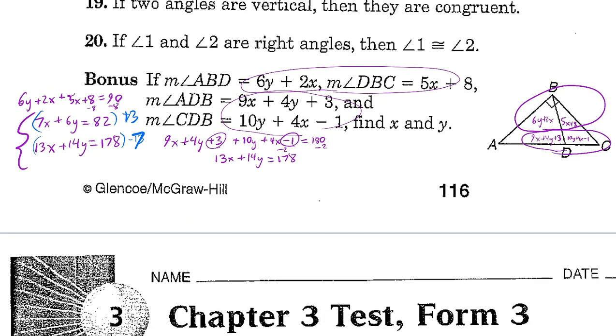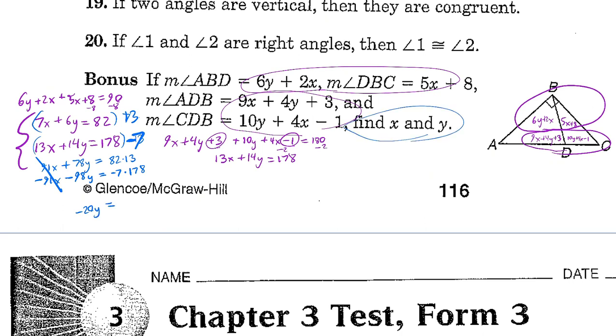And so what we end up getting is 7 times 13 is 91, so we get 91x plus 6 times 13 is 78y equals whatever 82 times 13 is. And then on the bottom we get negative 91x, because this was multiplied by negative 7. And then minus 7 times 14 is 98y equals negative 7 times 178. And so when I add those together, these cancel out, and we get negative 20y equals